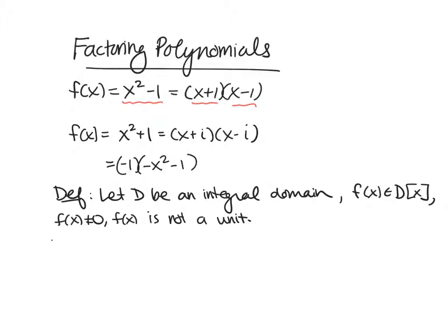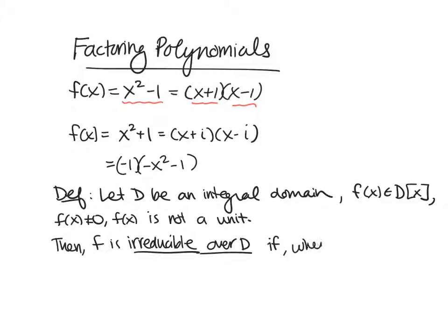So we say that f is irreducible over D if there's no way to factor it into two non-units. So if you can write f as, say, g times h, where g and h are also defined over D,